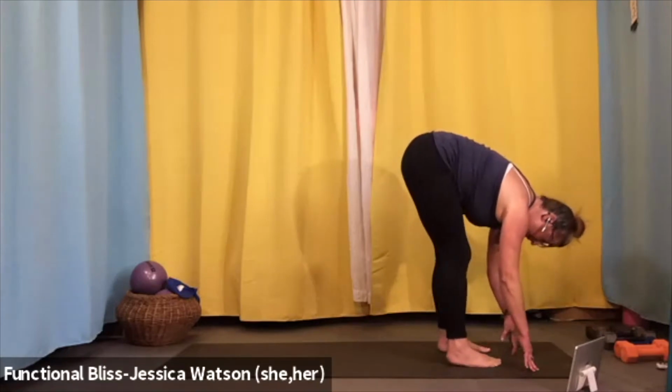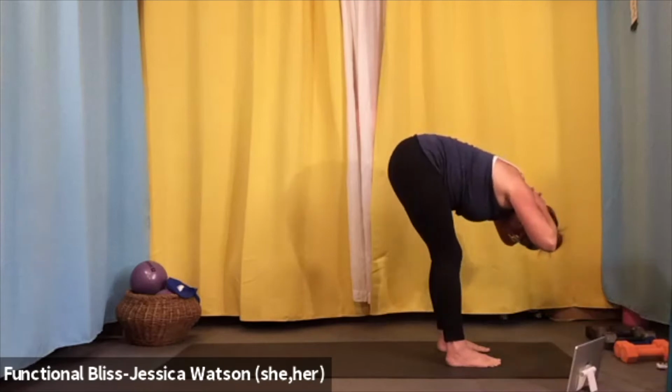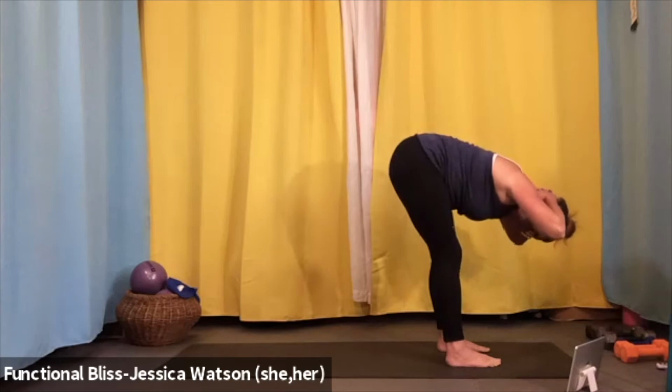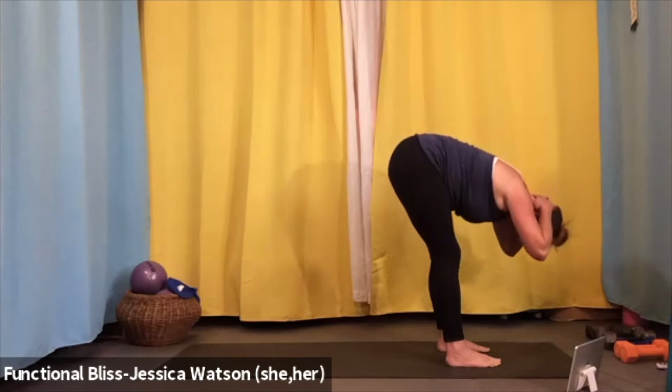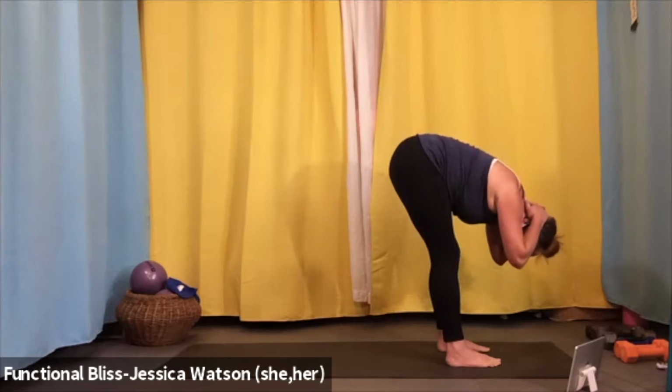Taking one or two more moments here, but we're going to lift our hands away from the floor and see if you can clasp your hands and just bring them to the back of your neck. Like you're trying to make a little basket weave around the back of your neck, a little traction here. So we're going to let the weight of our hands cup gently around the back of the neck and then